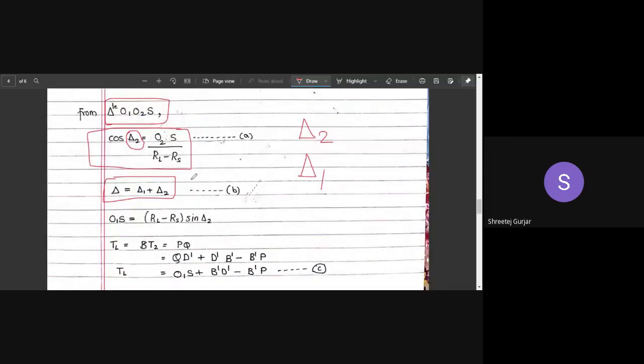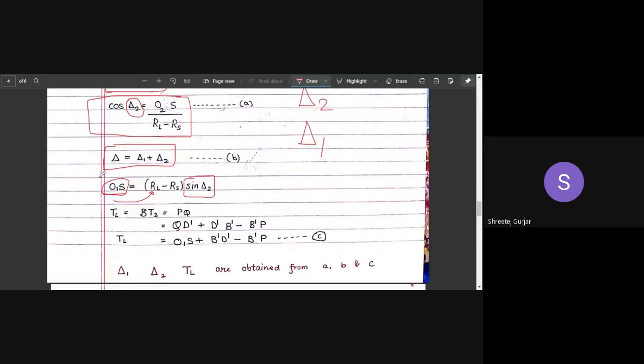So sine delta, I have written, right? The sine delta 2 formula I had written for you. So it will be OS1 by RS minus RL, right? I had written it on top. So this particular term is coming over here, and we can calculate OS because we will be needing this OS. We are calculating and keeping it aside. Okay, so OS we have calculated, we have kept it over here, no problem. Then from this you can calculate TL. TL is the total tangent length of the longer curve. Tangent length, it is PQ.